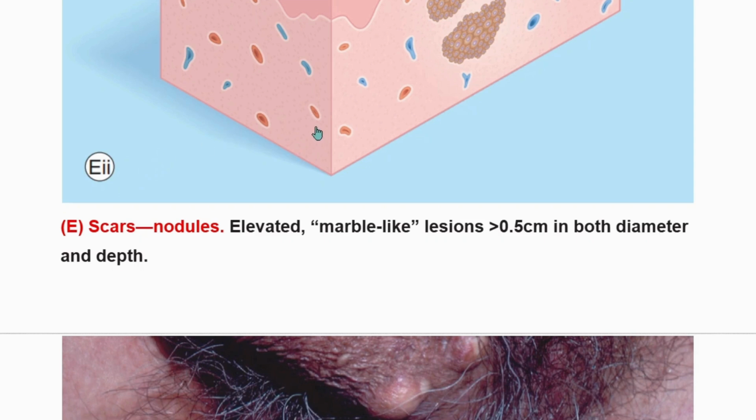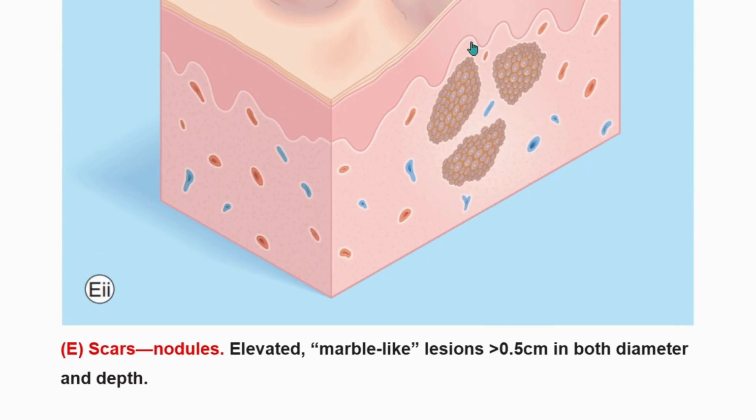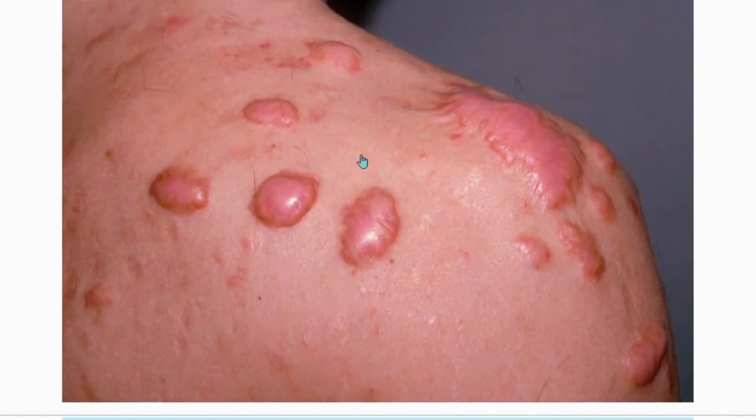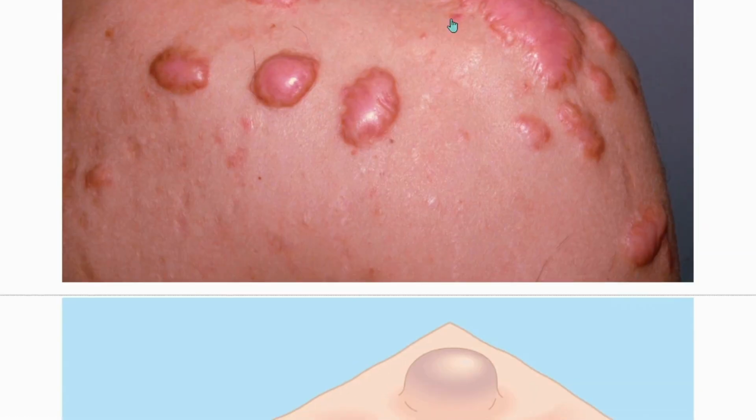In scar, the diameter and depth must be more than 0.5 centimeter. As we can see here, we can see skin scars in this diagram. Also, we can see skin scars in this photo, and the diameter and the depth of skin scars must be more than 0.5 centimeter